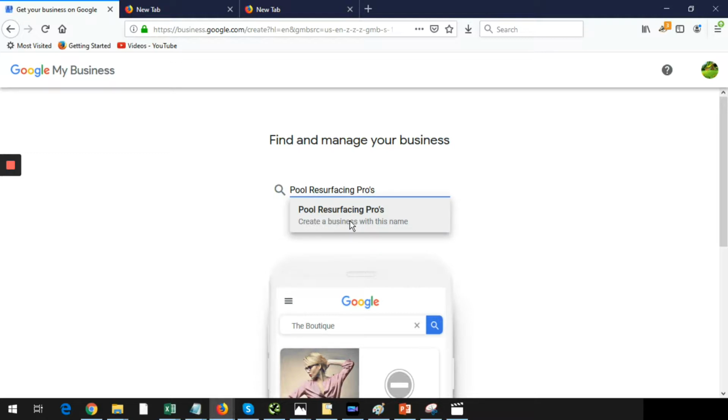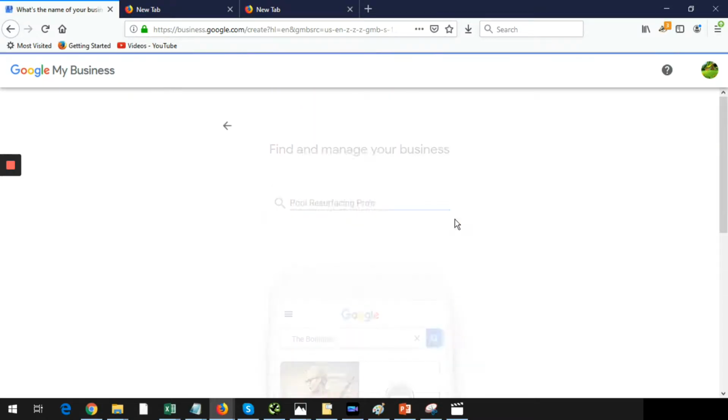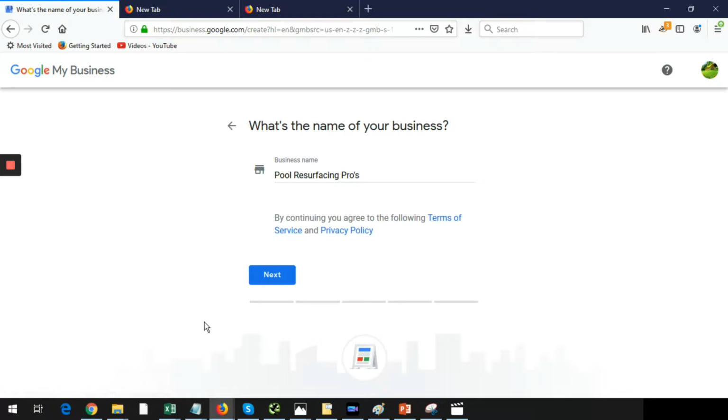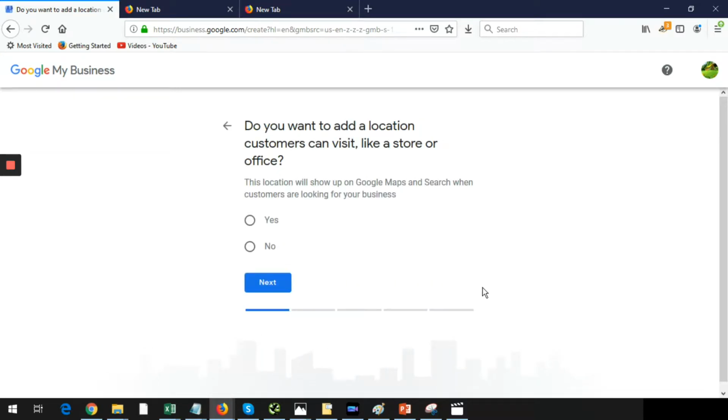Now you can see that there's not already a business that has this name created. So we are going to go ahead and create a business with this name, which is what we're going to do right here, or it's easier just to do it here, but we could come down into Google there down below and start a new business. So first it's going to ask you what the name of the business is. You want to go ahead and plug that in. And then the next thing it's going to do is ask you if you want to add a location where customers can visit, like a store or an office,